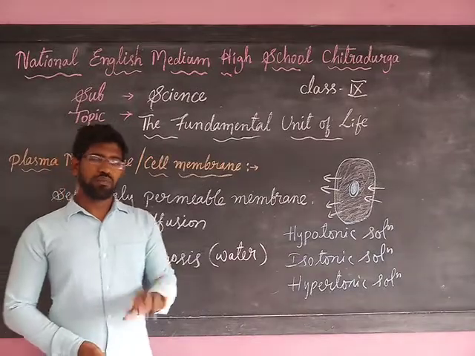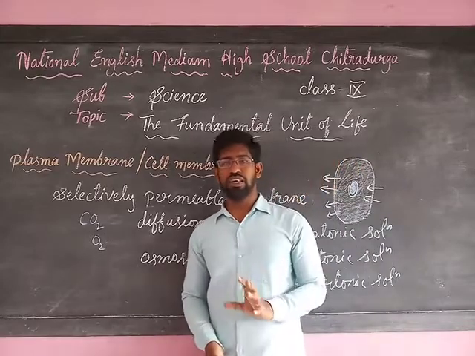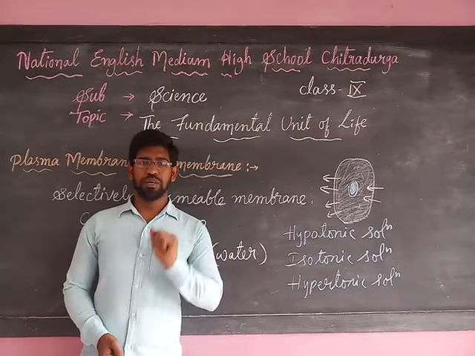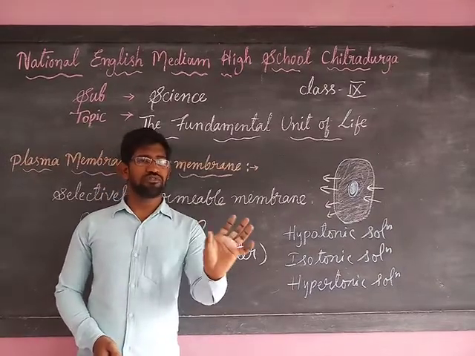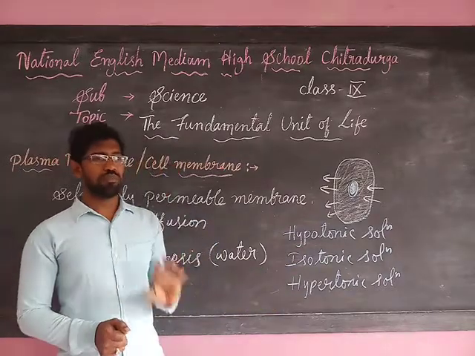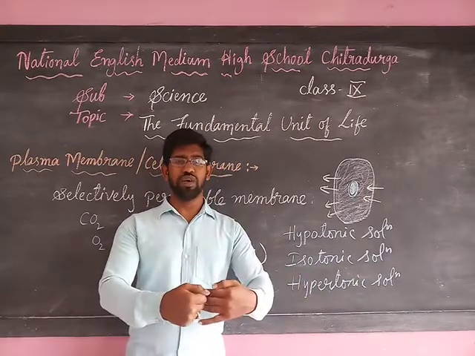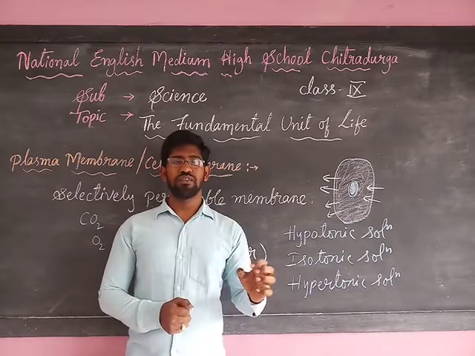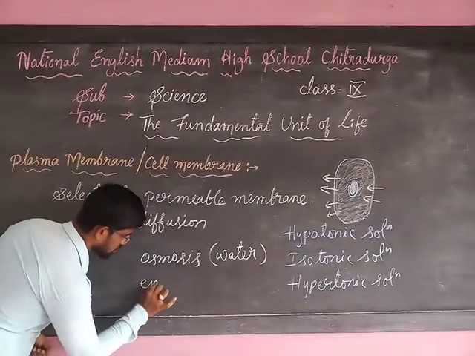Understood? Not only this, but also the cell membrane or the plasma membrane helps for the movement of food in unicellular organisms. As we saw in that amoeba. The amoeba, when it senses the food materials nearby its body, moves towards the food materials through its false feet, which are called pseudopodia. So with the help of pseudopodia, the amoeba will reach the food materials. As it reaches, it surrounds its body around the food material, and as a result, the food will enter from outside to inside the cell body through the process called endocytosis.